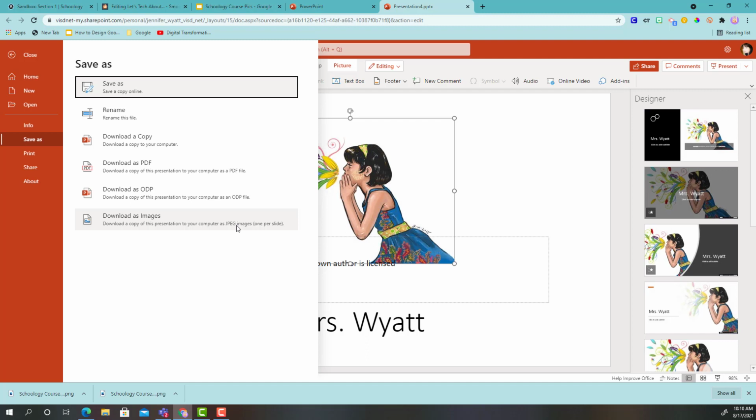Adding the picture to Schoology would be the same concept. You would just edit the picture, go out on your computer to find it and upload it, and then it will be